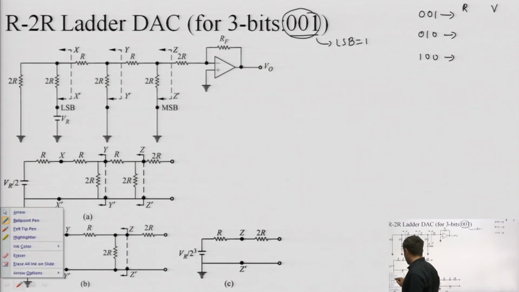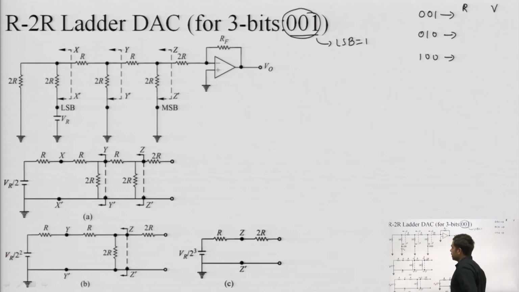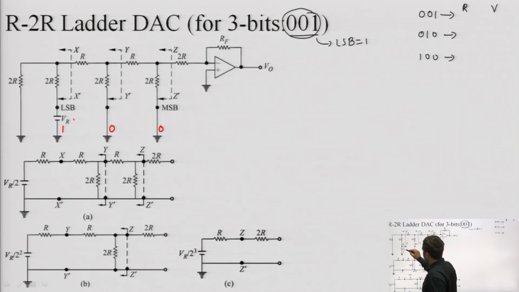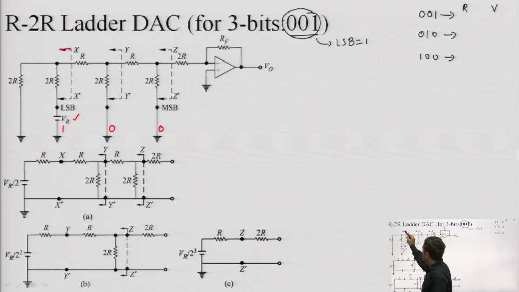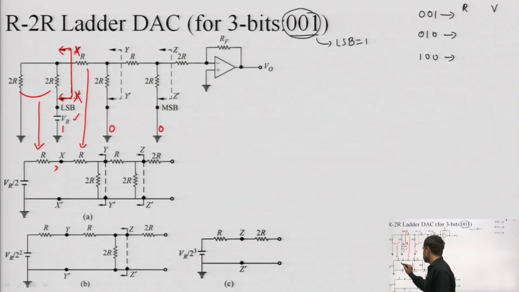Now let's proceed towards the analysis of the circuit. So if this bit is 0 0 1, that means MSB is 0, this is also 0, and this LSB is 1. So that's why there is voltage only here. Okay. So from that point of view, if we check the equivalent resistance at this interface, which is named as XX interface. So at this XX interface, 2R and 2R are in parallel, which becomes equivalent to R. So this is the equivalent resistance of this R, and this R again becomes in series, they become 2R.